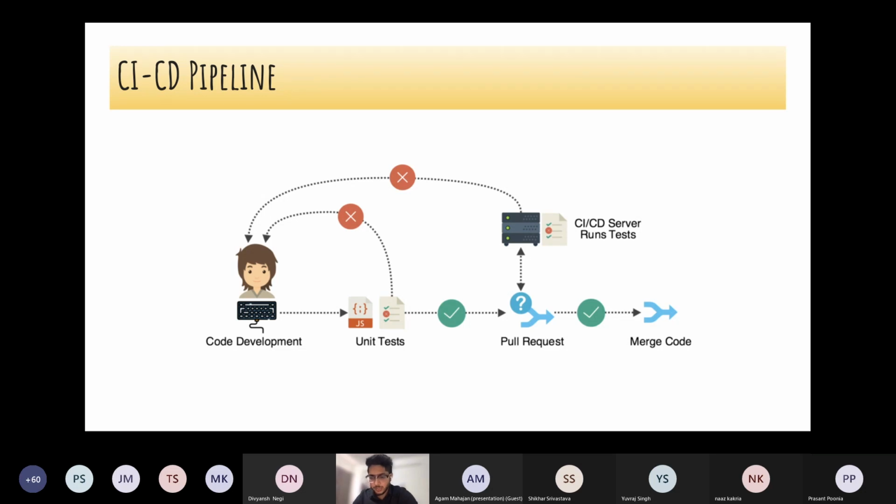So what we do at Swiggy is, for every pull request you generate on GitHub, we run unit tests on that. If it fails, the code won't be merged. So first the developer has to fix their test cases, and only when the test cases are fixed does the code get merged. This is one layer of protection, and this is one part of the CI/CD pipeline.